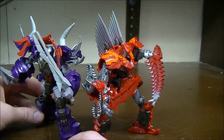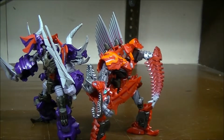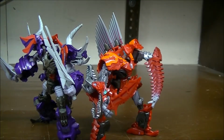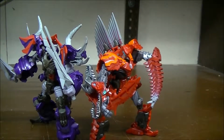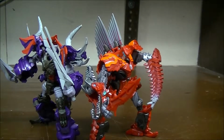And out of the two, honestly, if I would have to choose one of the two, I would go with Scorn. His name is awesome, his colors are awesome, his design is awesome. He's just awesome. Out of the two, Scorn is probably going to be the better one to grab. And if you're trying to find these guys in stores, you might have a problem finding Scorn as opposed to Slug, but